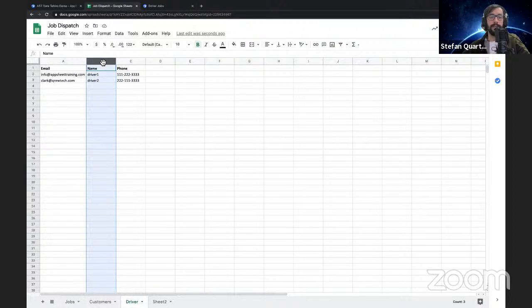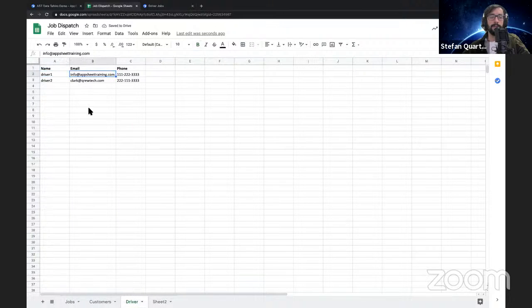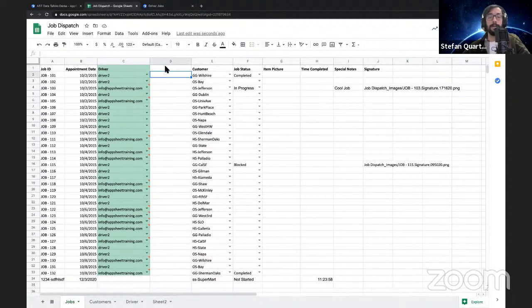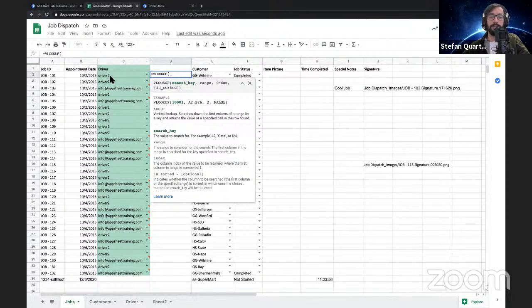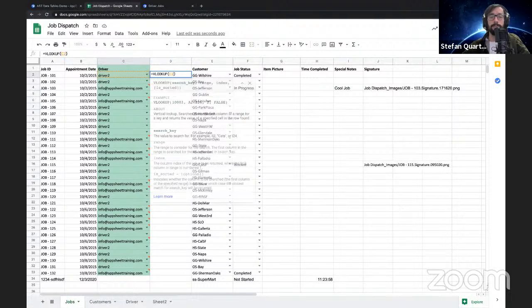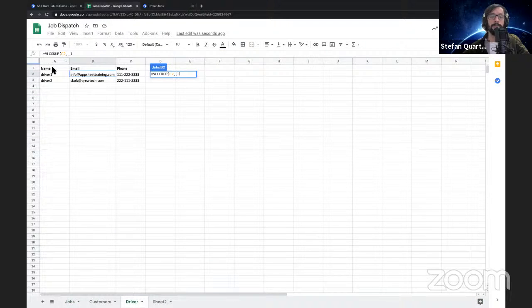In order for it to work, I need to have this name column in the first position and my email in the second. I'm just going to do this really quickly. I'm not going to update my column structure in the app yet, because I'm going to revert a lot of these changes once I get my values switched. So I'm going to use the Vlookup spreadsheet expression. I'm going to take this key and I'm going to search a range. I want to search the driver table, A and B column,